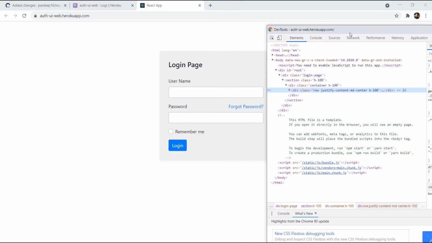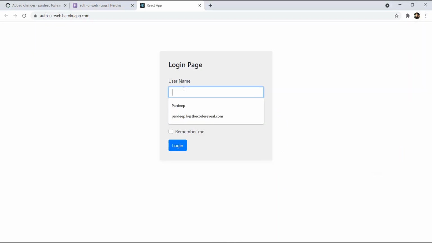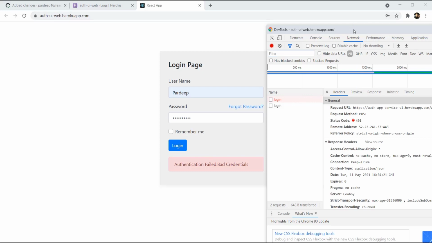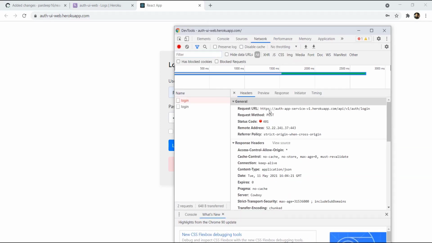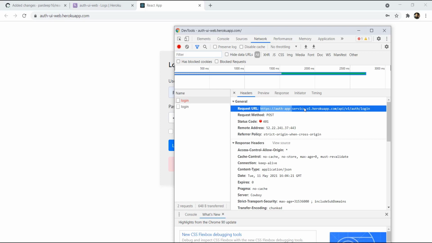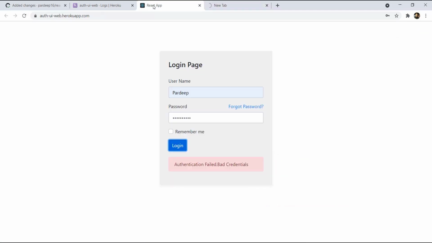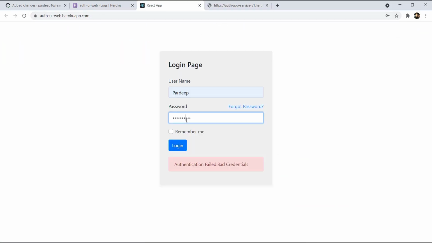Once the application is up, we can test it now. Open the inspect tool as well, in the network tab. Let's first give an incorrect username and password, and when we click on login, it's saying authentication failed. And now if we check our Spring Boot application, this API is being called. So if we open this in a new tab, this is our Spring Boot job.